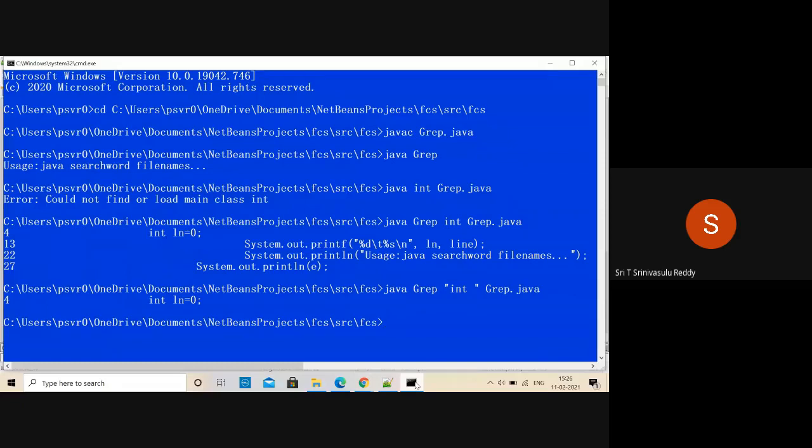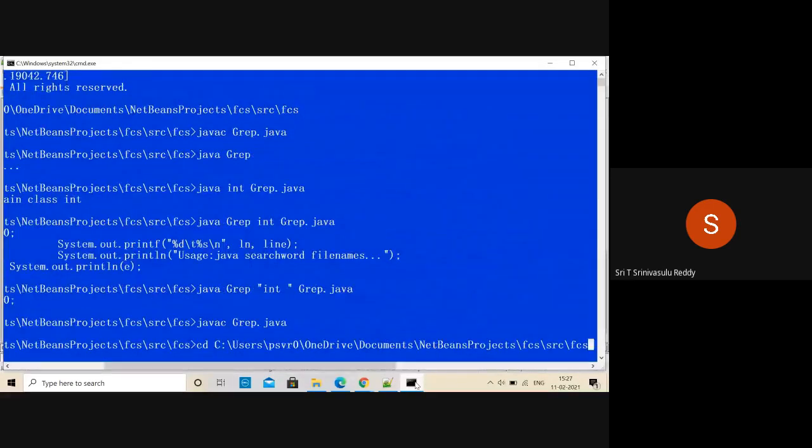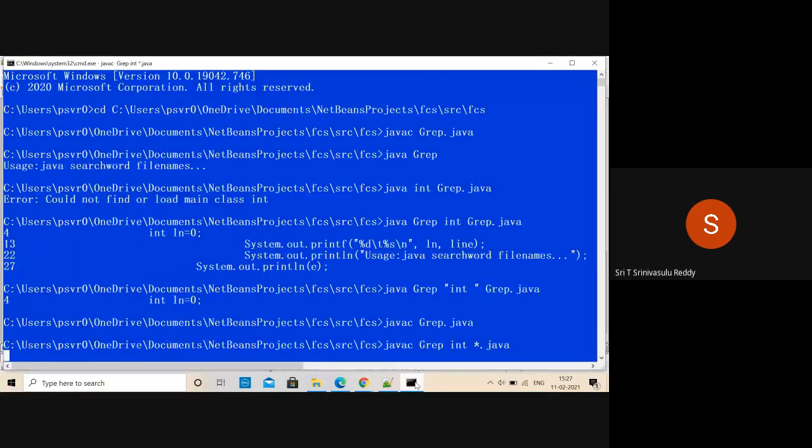And then, for example, compile. You have to compile first to begin with. Java C followed by this. That's okay. Then you want to, so Java C followed by grep. And then what is it that you want to search for? Maybe int only. Let us see. Then multiple files you want to. Let us say if you say star.java. I don't know whether it works or not.